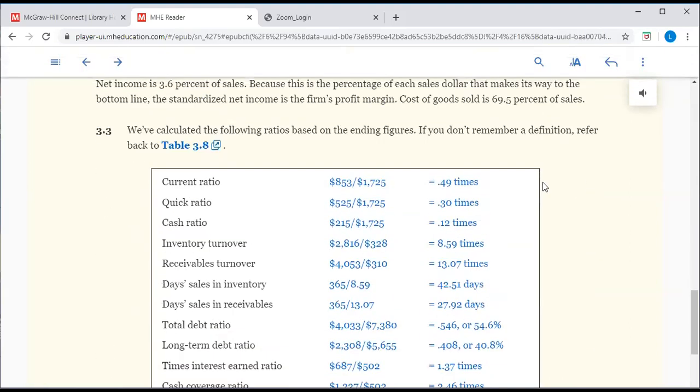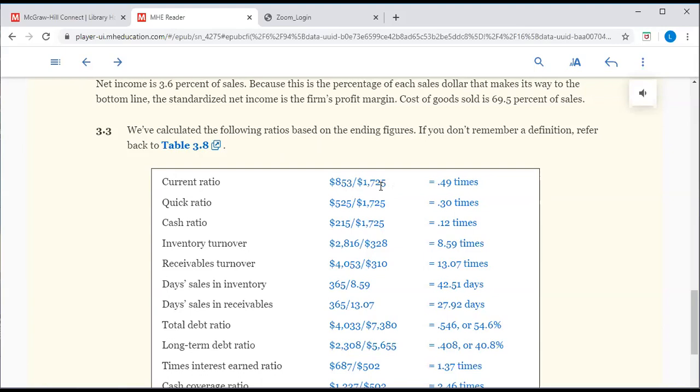Now our next calculation. So you're going to have that balance sheet and income statement in front of you so you can make sure you know where these numbers are coming from. The current ratio. I want us to calculate each one, and more importantly, you want to know what it means. It's very easy to calculate these. You're not expected to memorize all these calculations. If you take total current assets from the balance sheet, so we're calculating these for 2018, divided by current liabilities,